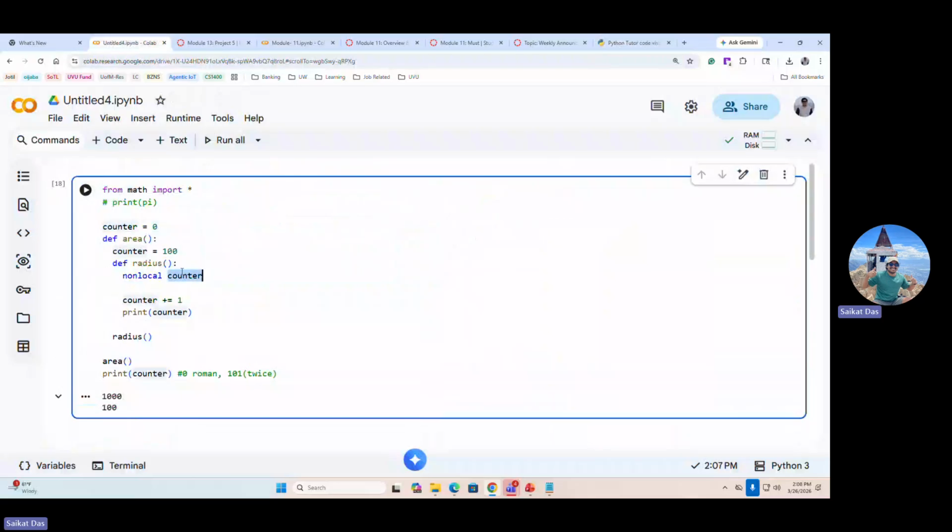Now this counter is not a local variable here. It is non-local. It is looking for the upper one here. If it is not the upper one, it is looking for here. Typically non-local is used on the enclosed version only. Now it will increment by 1. What is the value? 100. So 100 plus 1. Now if you print the counter here after the function call,